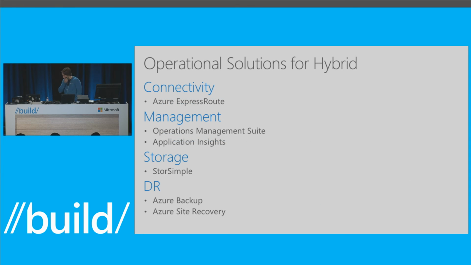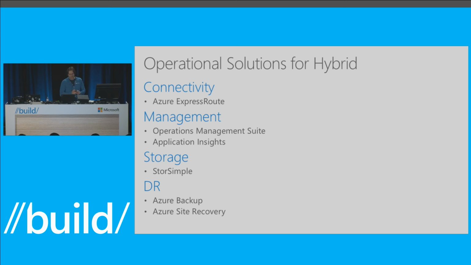So other solutions, so this is sort of development. And then in the operational space, we have a set of things you can do. You can use ExpressRoute. ExpressRoute is low latency communication to your backend. So if you have that backend logic that you want to connect to your Azure application, ExpressRoute is a very efficient way to have communication go. So you can have VMs in Azure literally join your local AD if you want to, right?